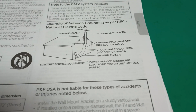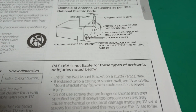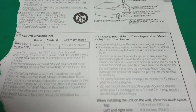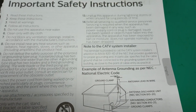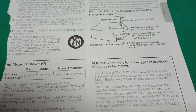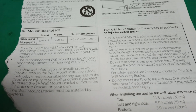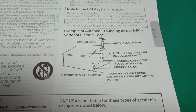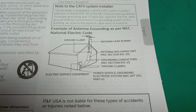So there it is from the horse's mouth, or the horse's printer. And realize that these manuals, as an engineer, I've done technical writing like this, instructions. These instructions are not made by engineers sitting there with typewriters or computers. The engineers are off doing engineering. This stuff is done by technical writers, and in the case of a big company like this, they're lawyers and management. So notice the difference, not just some Mickey Mouse diagram, but specific reference to the National Electric Code